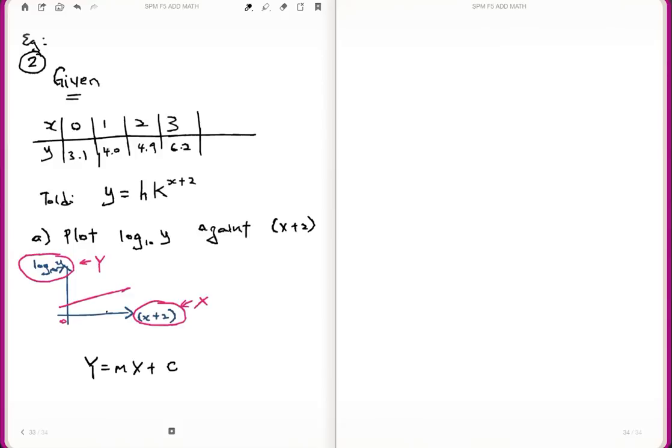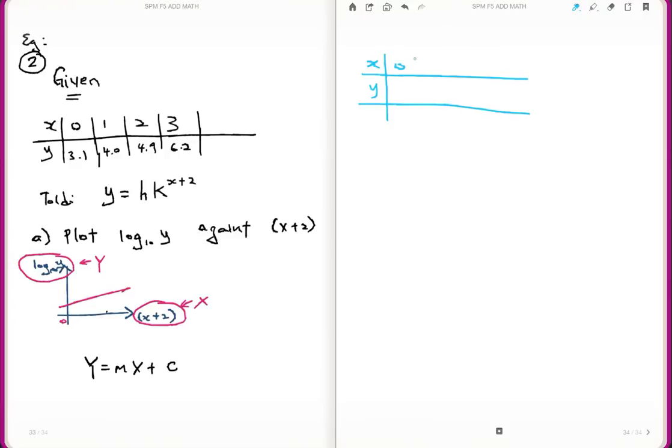You need to construct a table. You just need to reconstruct because you didn't construct the table earlier. So all you need to do is, you have x, copy from the question. The question earlier you have x, one table. I'll try to make it x and y: 0, 1, 2, 3, copy from the question 3.1, from the question 4.0, from the question 4.9, from the question 6.2,